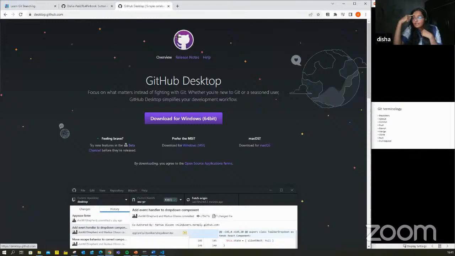Is VS Code a required installation? Git extension? Yeah, if you are using VS Code, you do not require an extension for Git. You basically need to have Git for Windows. If you're using VS Code on Windows, you need to have Git installed on your Windows. If you're using it on Linux, I think it comes pre-packaged. You don't have to externally install Git on Linux. And once you have it on Windows, you can directly use it in VS Code.